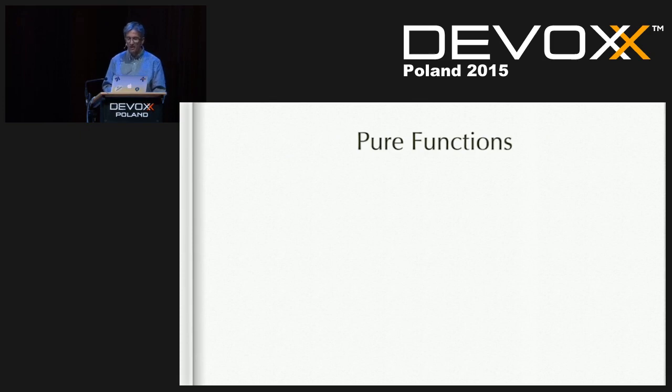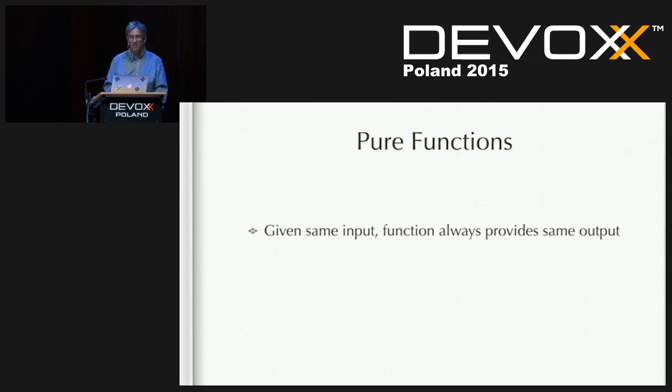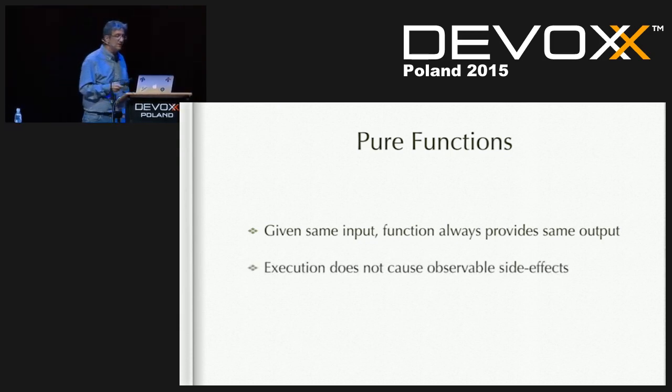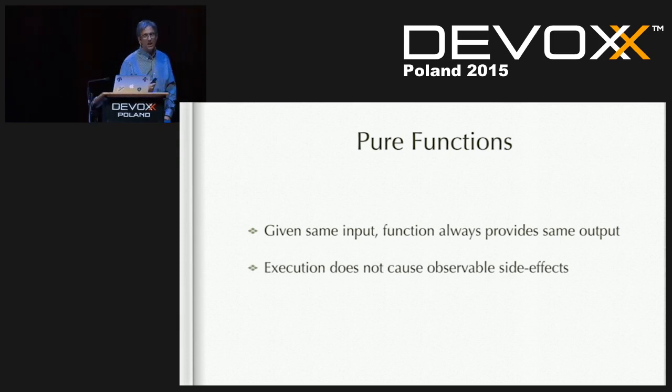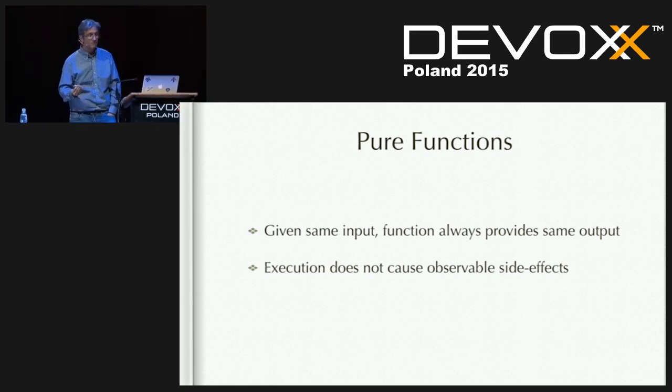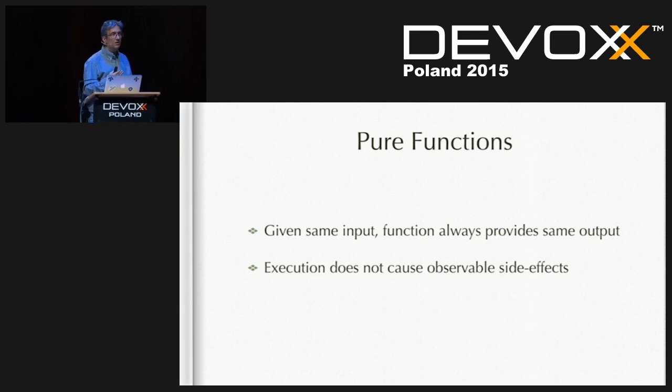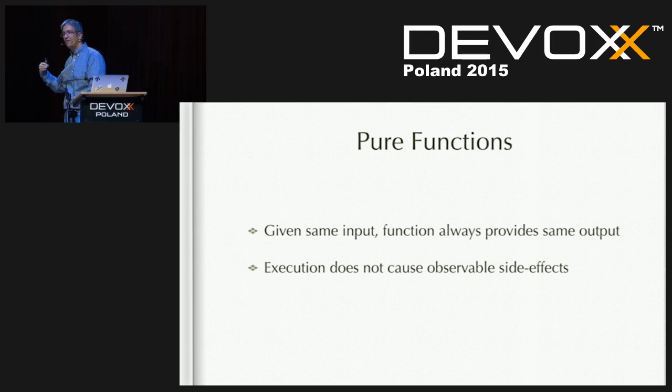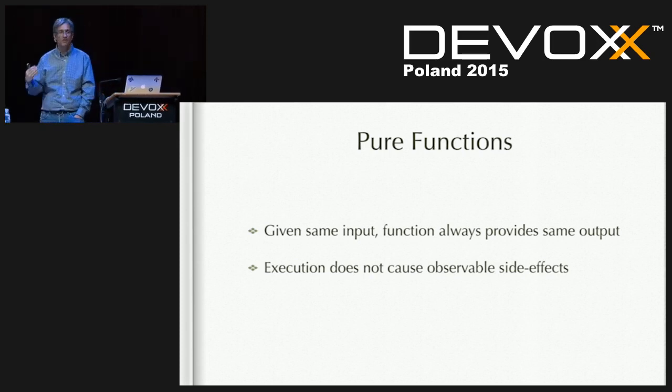So now let's talk a little bit about pure functions. What are pure functions? The idea of a pure function is that I give some input, and I always provide the same output for that input. So anytime I give a function a 1, it will always produce the same value. And that's all it will do. It will just produce the same value, nothing else. What that means is there are no observable side effects. When that function is executed, nothing happens around it. So if you have a typical method in a class that, when you invoke it, some private field is updated, that no longer is a pure function.